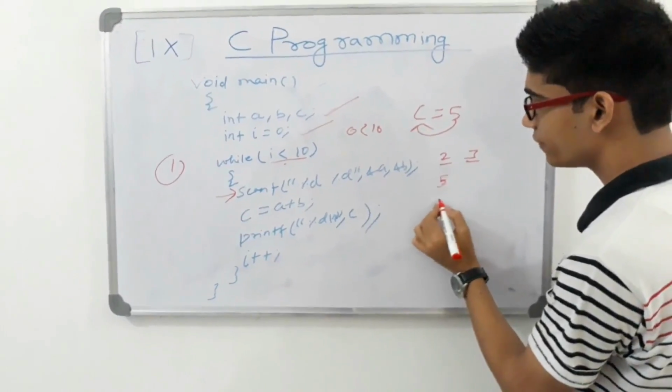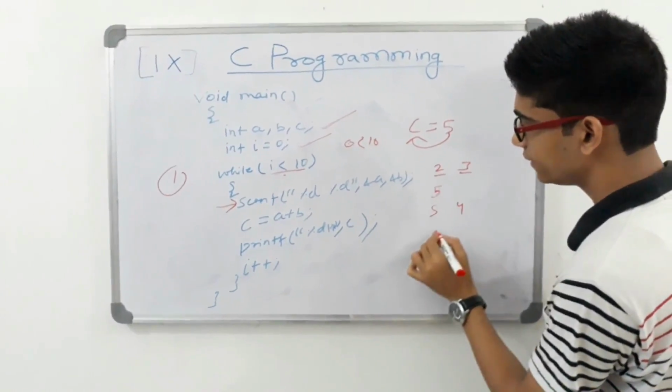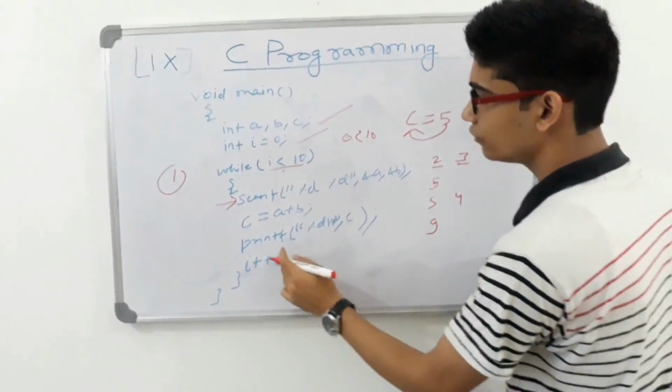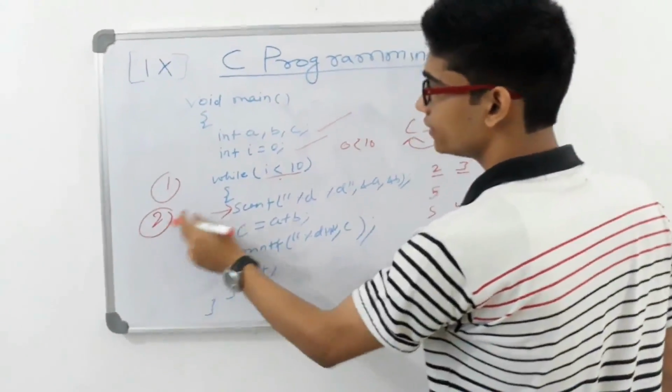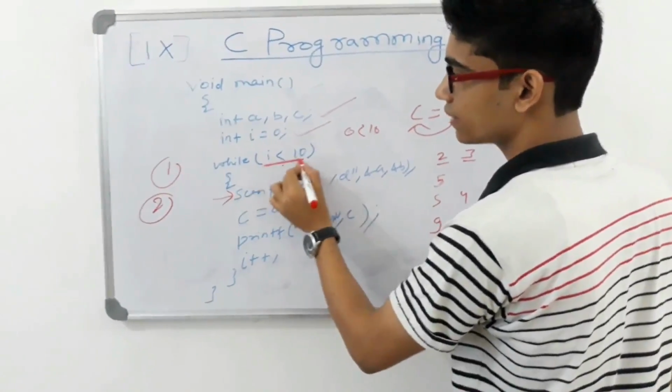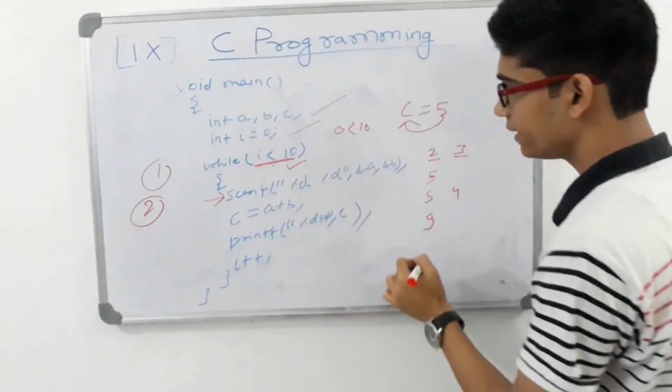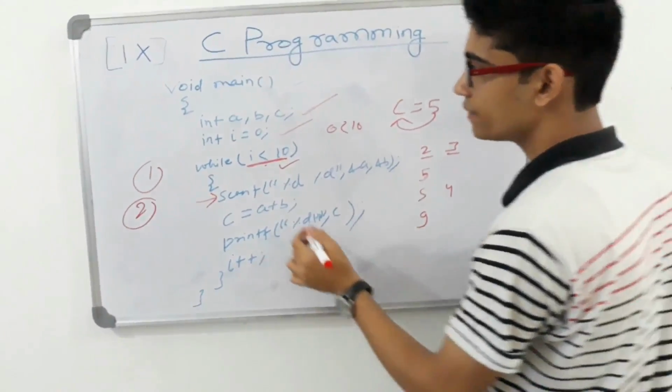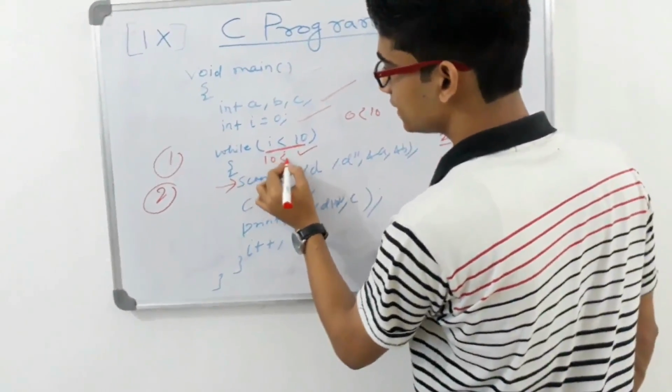Again we will be prompted to give input, suppose 5 4, and then the output will be similarly 9. Now the value will be 2. Again this 2 will be checked against this condition. Again it is true. Similarly, doing it repeatedly, when I becomes 10, see, 10 is less than 10, no, it